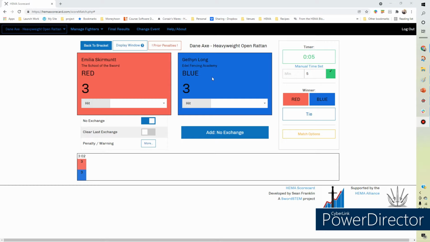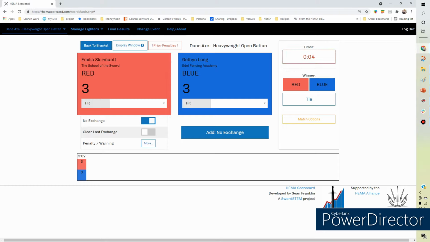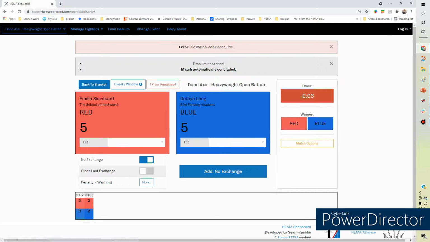One final thing I forgot to mention, which is that fights cannot end on a draw. This is either in the pool stage or the Swiss stage or the elimination stage. If you're in a situation where a fight ends and both fighters have the same score, the match will not conclude. You'll go to a sudden death situation. You get this error message. Don't worry about it. And the fight will continue